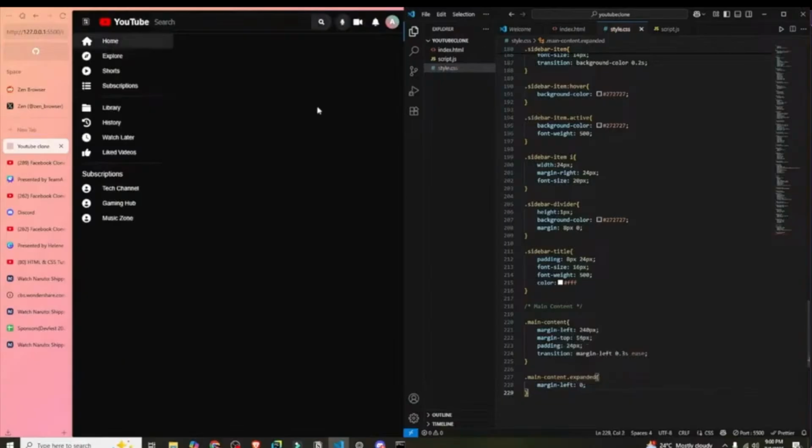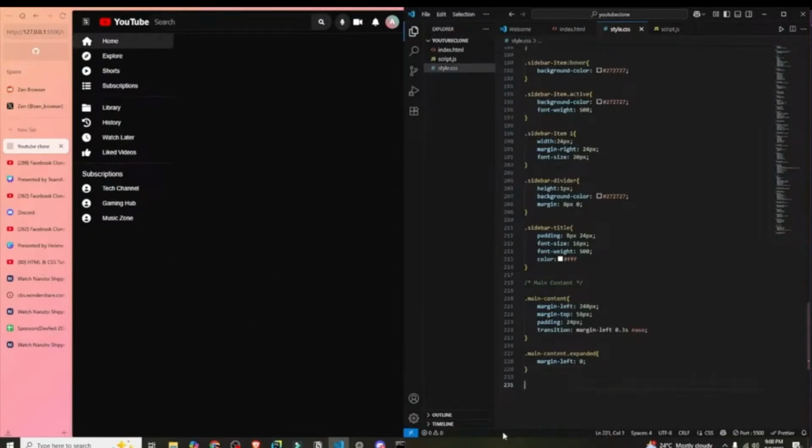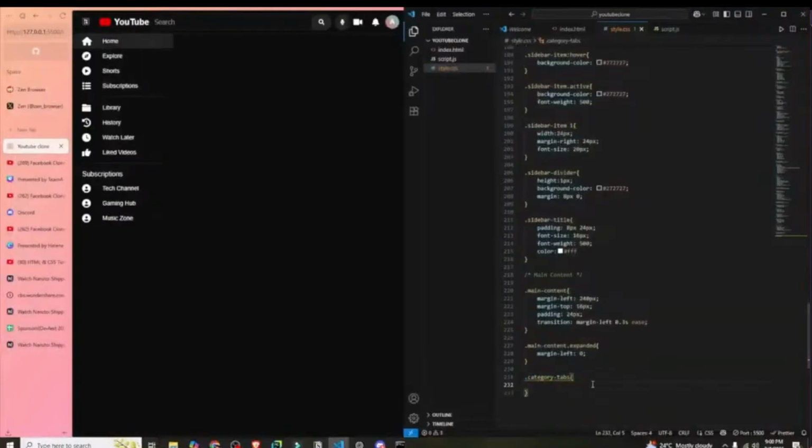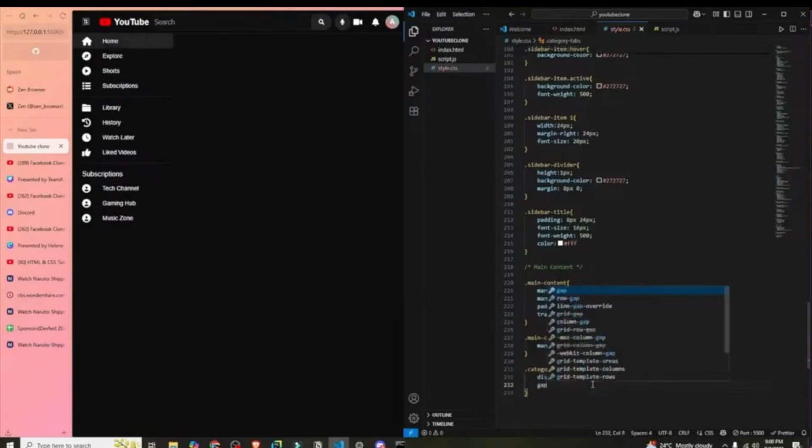Alright, and after that, we will style category tabs at first. Category hyphen tabs. Okay, category tabs, we'll give this a styling of first of all display flex, and then gap to 12 pixels,